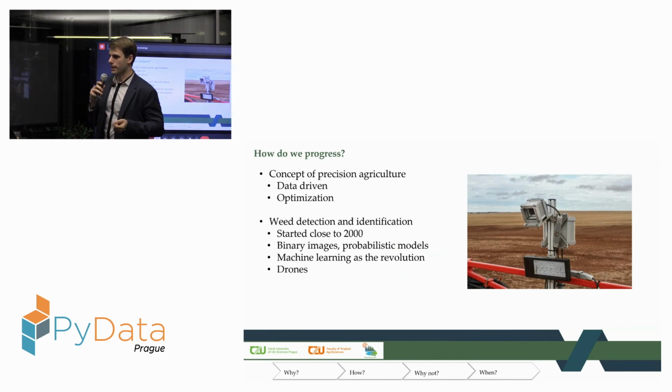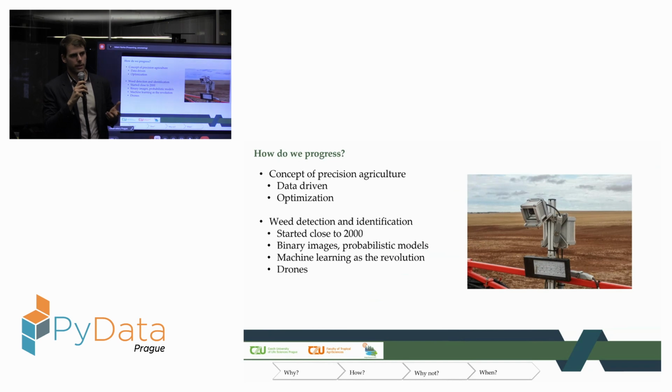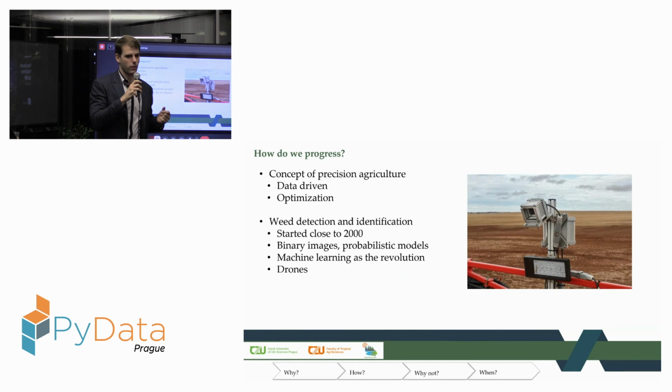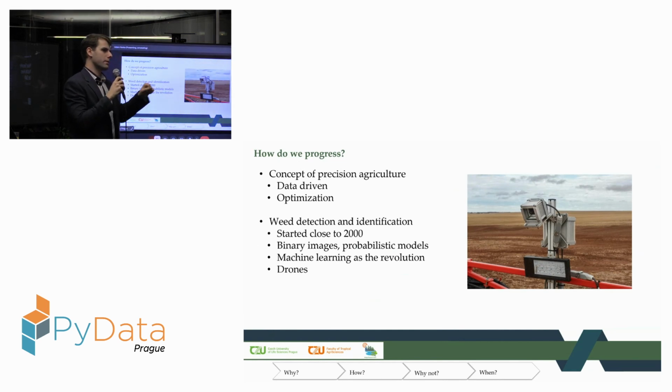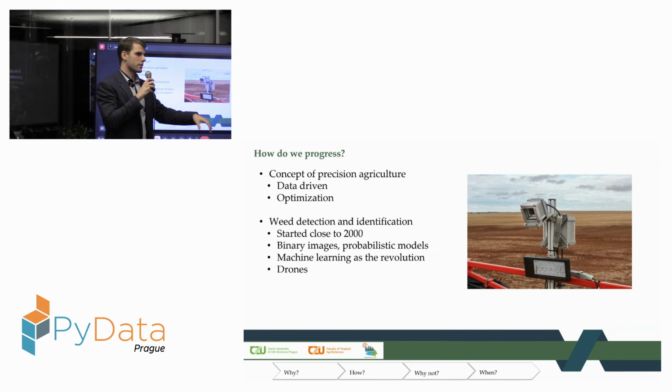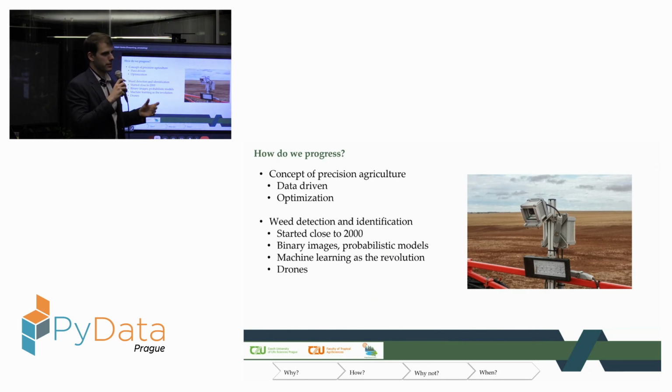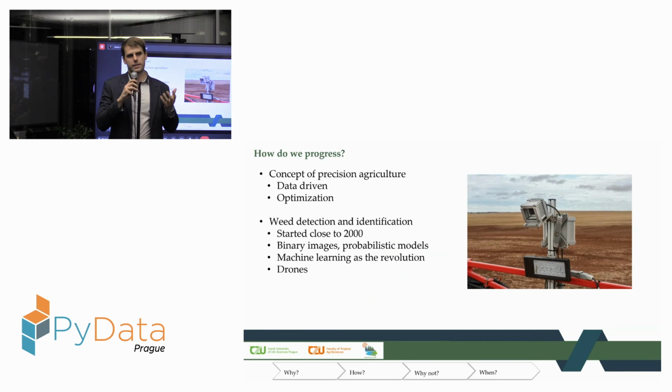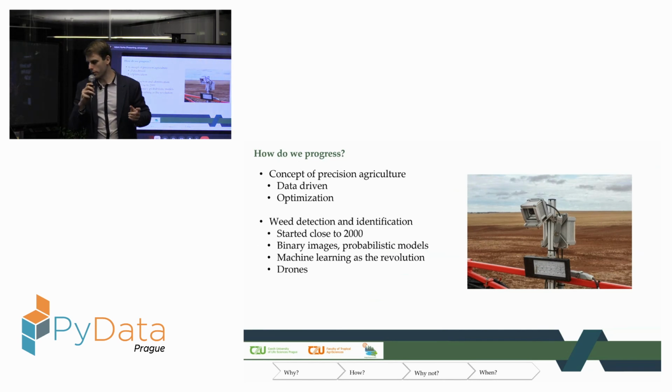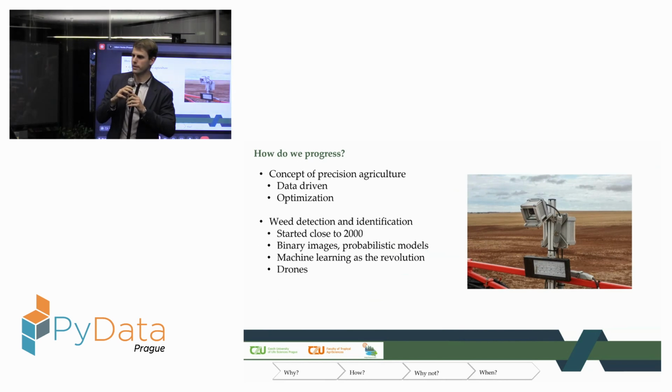The things that started back then were quite basic and were not able to really detect the weeds themselves, but were working on the presumption of the spacing between plants in the field. So basically, if you knew that the plant is somewhere and the weed should be somewhere else, you were using probabilistic models to predict that it probably could be there, and by that use the sprayers more precisely. But the overall success rate of that was quite low, and the only real revolution we got was with the use of machine learning driven computer vision and its implementation on drone imagery being used for the creation of maps